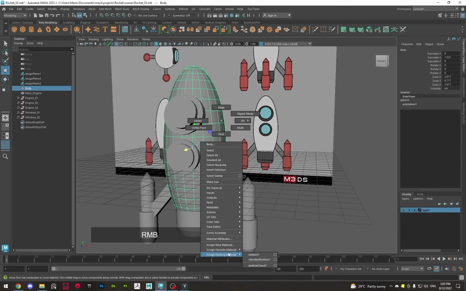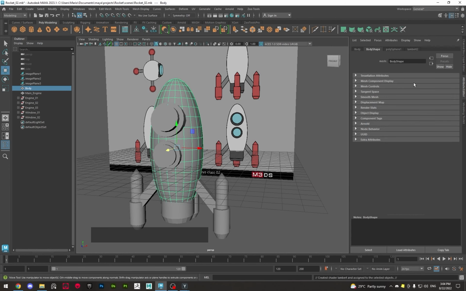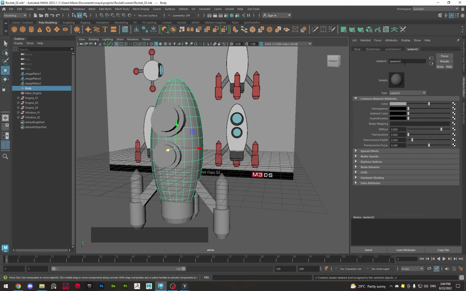Right click, assign favorite material, and we have multiple. For example, Lambert is the one that is used. It is least reflective. We also have Blinn, which is a little bit more reflective. So let's just use those two for now. The main body is not going to be reflective, so we're going to put a new Lambert here. And as we can see on the right side in the attribute editor, we have Lambert 2. That's where it's created. I'm going to change the name of the Lambert to, for example, white, and